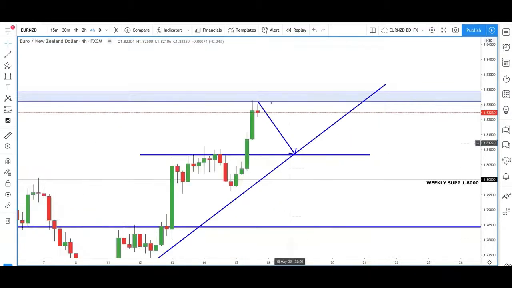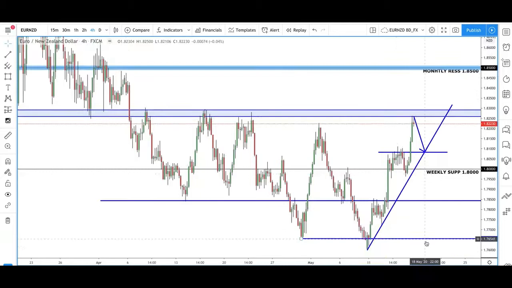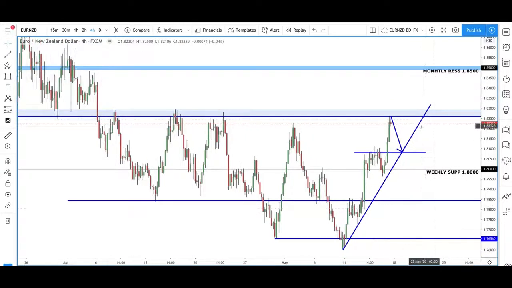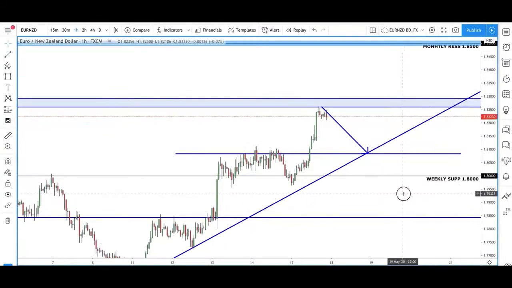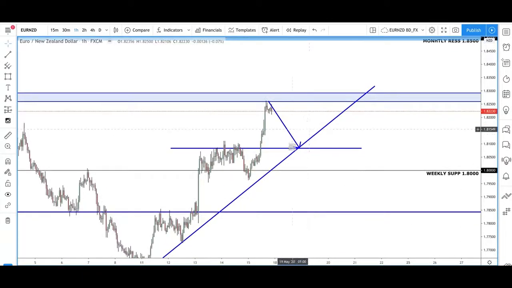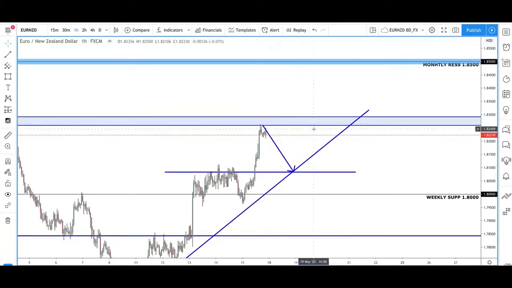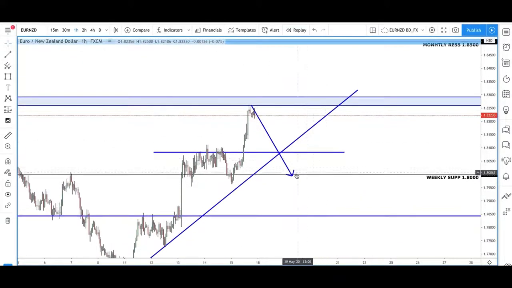But short term, I think where we're struggling to find enough power to break through this area of resistance, we can see a pullback from this area to retest support, find that third touch on the trend line, get a bit of strength to be able to then push up and break through this area. So we may even come back down a little bit lower, retest these regions here, retest the weekly support 1.0800.